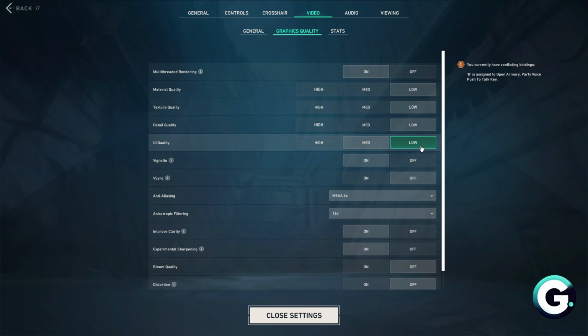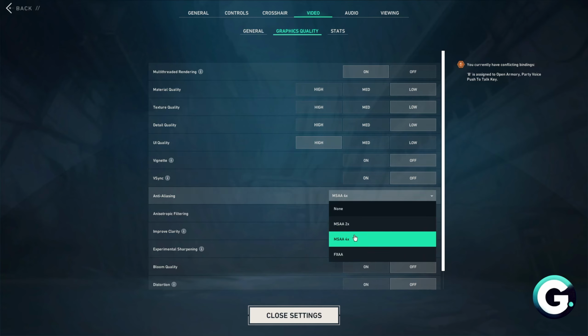Now, for UI quality, it doesn't really matter. In my case, I want it high. For the vignette, it's your own preference. For the VSync, turn it off. Anti-aliasing is going to be